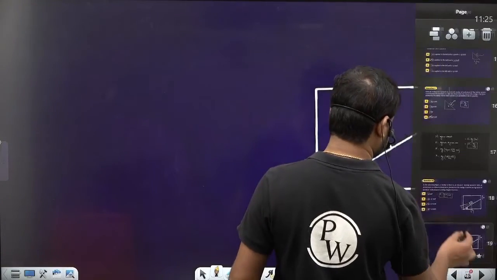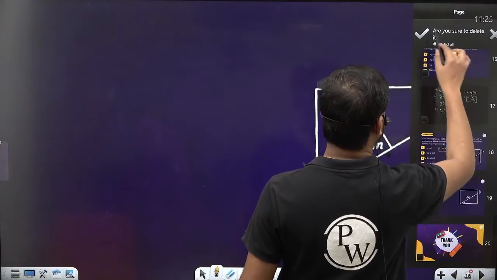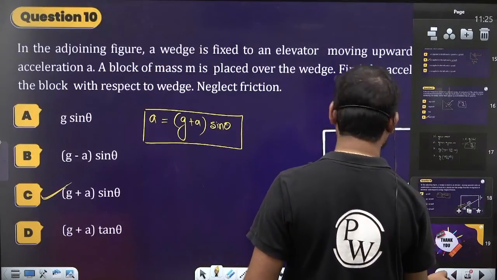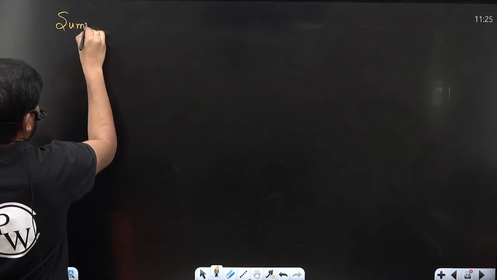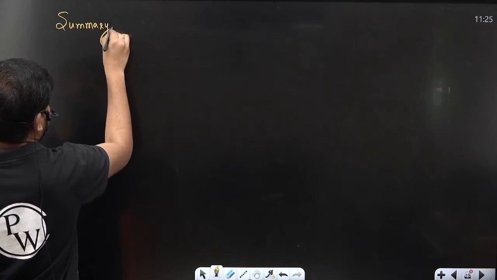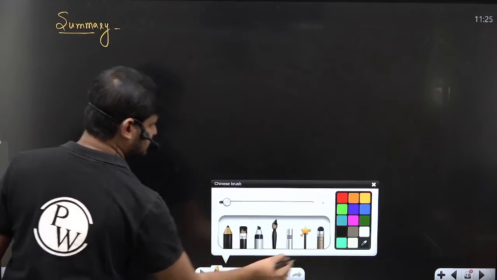So no need of an extra slide for this. See here, the simple logic that you can remember. Let me add one slide. I'll write the summary to avoid the confusion. Just 2 minutes, guys. Whenever you place